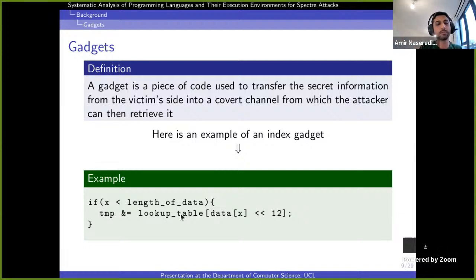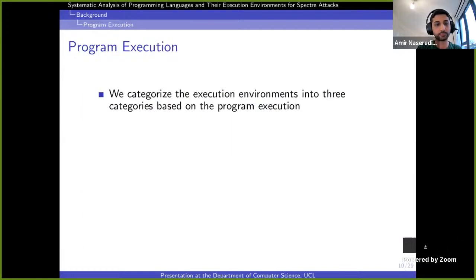The CPU understands that x is greater than the length and rolls back everything, but the lookup table entry is still inside the cache. We can then check which index of the lookup table is in the cache, and understand what character that part of the memory held. I can go a little deeper on this, but if you have any questions, let's continue a little more to understand it better.